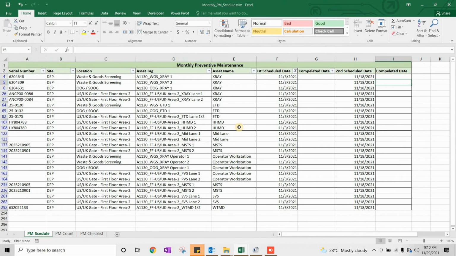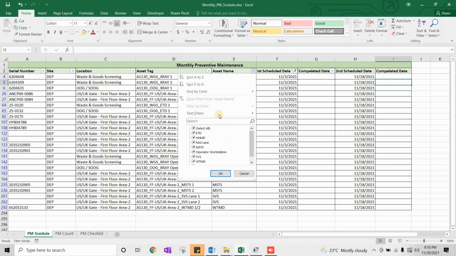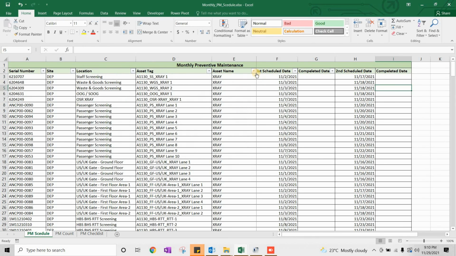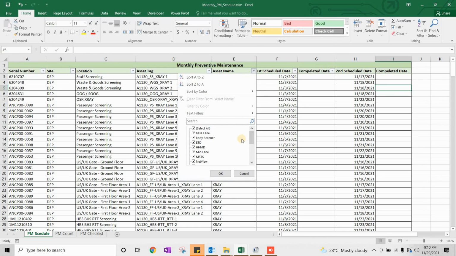If you are doing any PMs, let's see how many units we have. We have all these units here. So body scanner is one unit, so you will make one report for that. ETD is one unit, you will make one report for that. Also here we have WTMD, it's one unit, you will make one report for that.